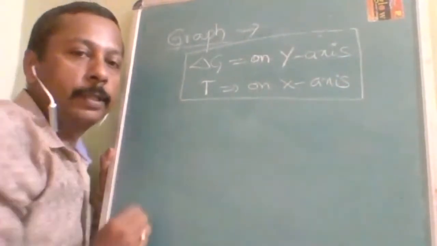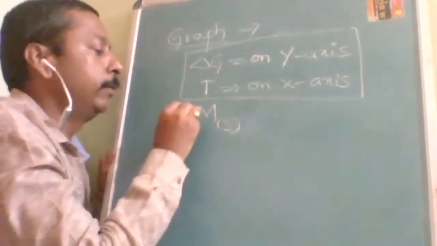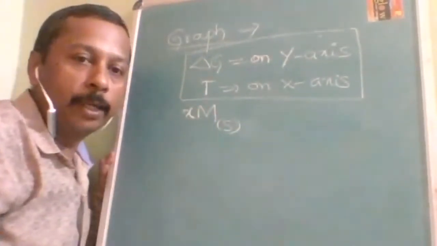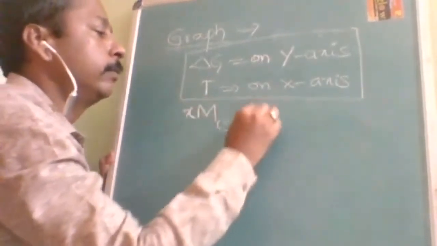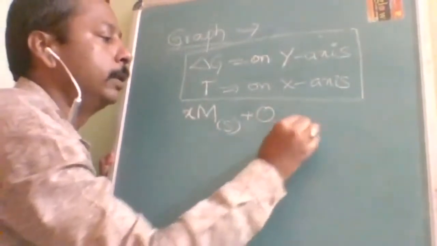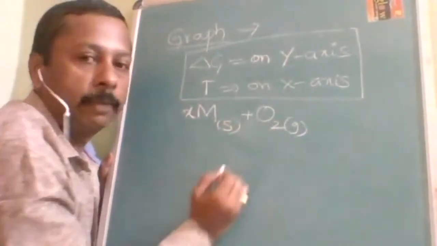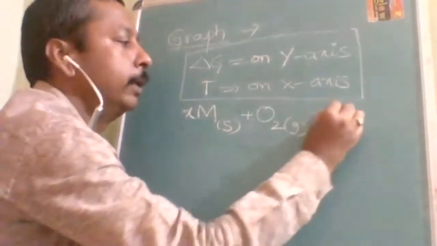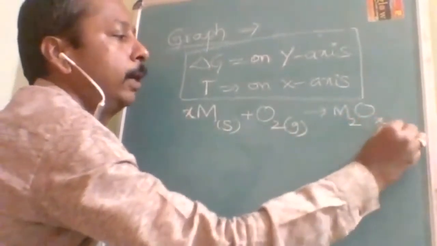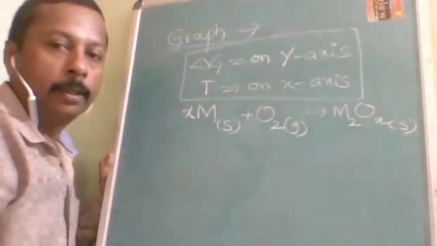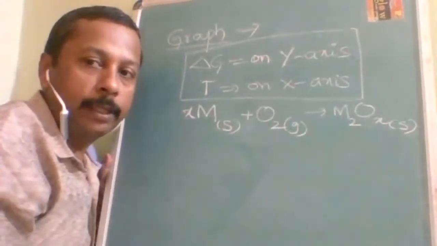Okay, and for this reaction we use, suppose, x moles of metal. Normally all metals will be solid only, except which metal? Mercury. So the metal, when reacted with oxygen, which is in gaseous state, forms a metal oxide. The metal is a solid, it reacts with oxygen and forms a metal oxide. Let us take M2Ox, and metal oxides are also solids. See, I am highly specific about the states because it is going to affect understanding.